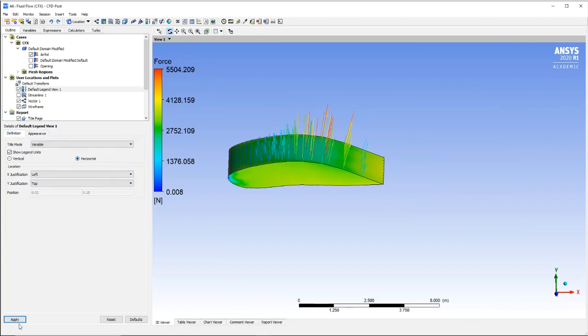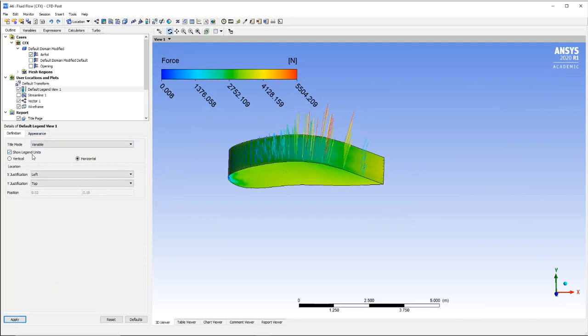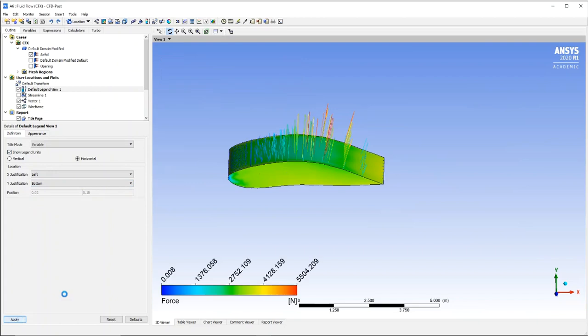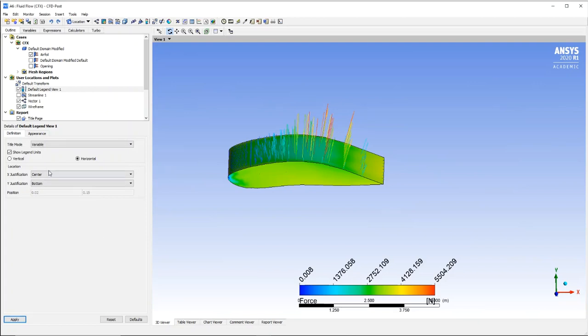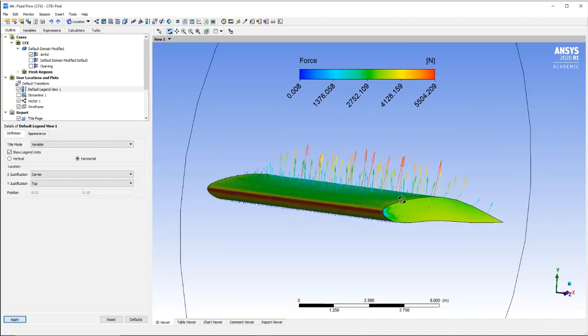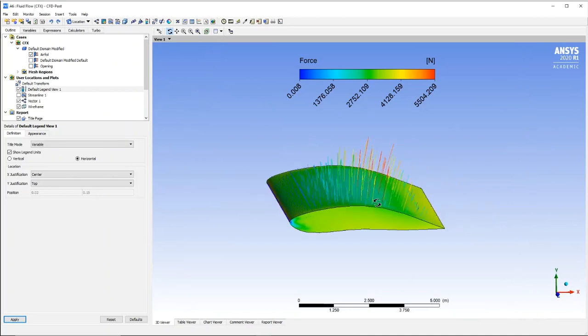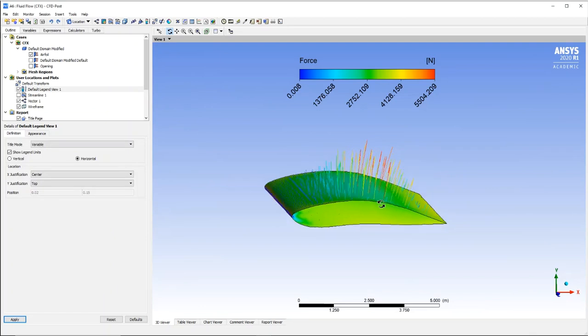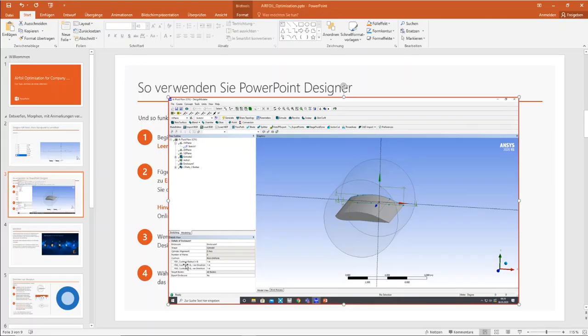Okay, you can also go to horizontal design. Go to bottom, center, well, top again. And this is now, I think, a really nice picture where you explain drag forces from the tip of the airfoil and the lifting forces in the low pressure field on the top of the wing. Okay, I take a screenshot, go back to PowerPoint,